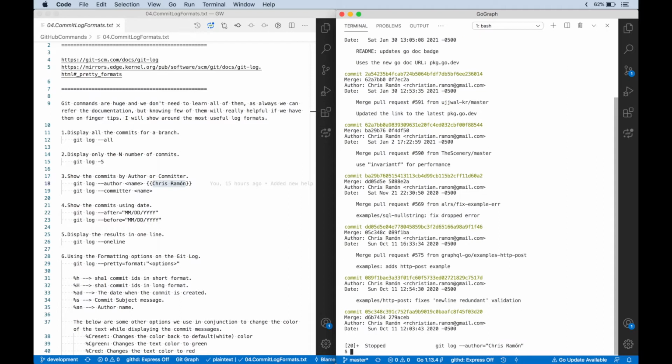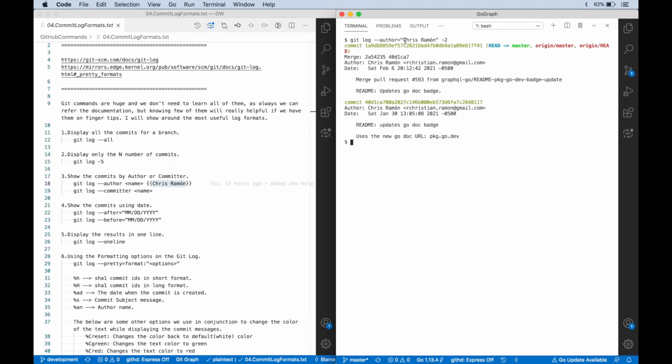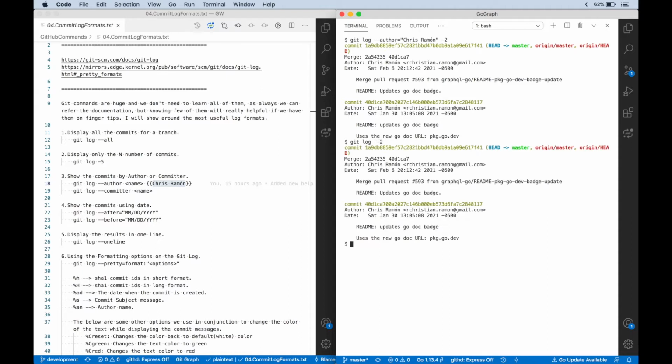So what I'm going to do is break this execution and apply only the last 2 commits from this author. So it displays only the commits from this author, and it filters out all the other commits. So if you remove the author name and just see the last two commits.